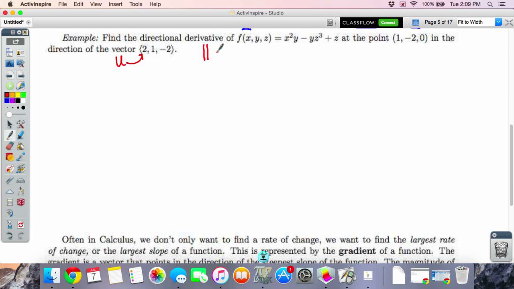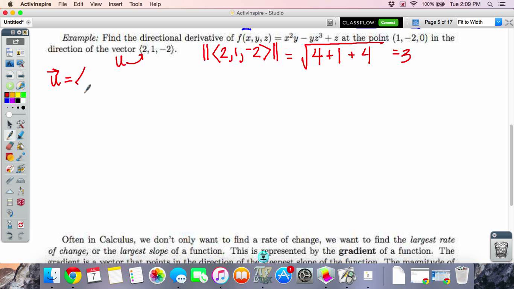So let's find the magnitude of this vector. The magnitude of the vector 2, 1, negative 2, which is 4 plus 1 plus, and then negative 2 squared is also 4. So this gives us a magnitude of square root of 9, which is 3, which tells us in order to make this a unit vector, I need to scale each component down by a factor of 3. So 2/3, 1/3, negative 2/3. And then to find the gradient, no, sorry, we're not there yet. To find the directional derivative